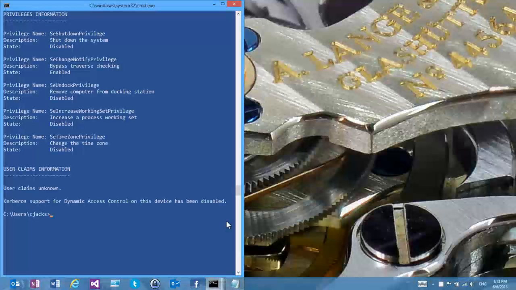SeChangeNotify. Does anyone know what that privilege does? Not many people do, because it's got a horrible name and it's two things at once. Change notify allows me to get notifications that something has happened so that I can update Explorer. That's pretty useful. It also allows me to bypass traverse checking, which means if I have a long path, I don't have to access check at every single intermediary point along the way, so it saves me some time. Why are they grouped together? No one has any idea. I'm sure someone of the original architects probably knows why they slapped them together. Undocking, right? It's not very useful if I can't pull my machine off the dock as a standard user. But clearly, if the machine's walking away, other people are going to be impacted.